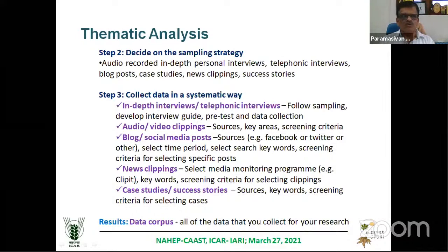But in this work, you can go for a telephone interview or focus group discussions, provided you are able to assemble all the people here. Otherwise you have to go for online focus groups, which is ineffective because we are not very good at doing online focus groups. But we are very good at doing telephonic interviews. That can be done at the initial stage. There you can go for the thematic analysis.